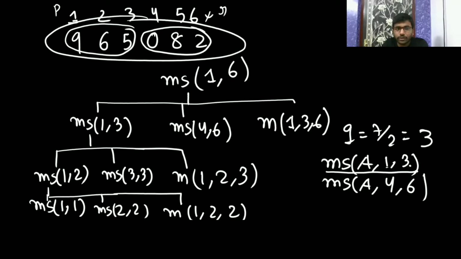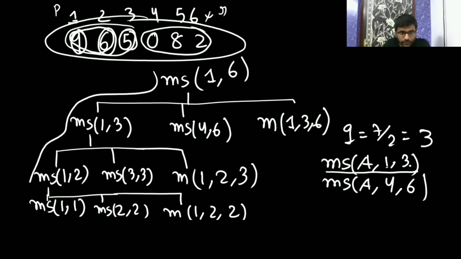So here you called on this 9 6 5 1 3, then again I called merge sort on. See, again I have divided this big problem into sub problems. Merge sort on 1 2. Now we are calling the merge sort on 1 2 and the merge sort on 3. Now again you're calling the merge sort on 1 1 and then 6 6 on this. Now you're merging this, because if you call this way, the function is going to call this way.